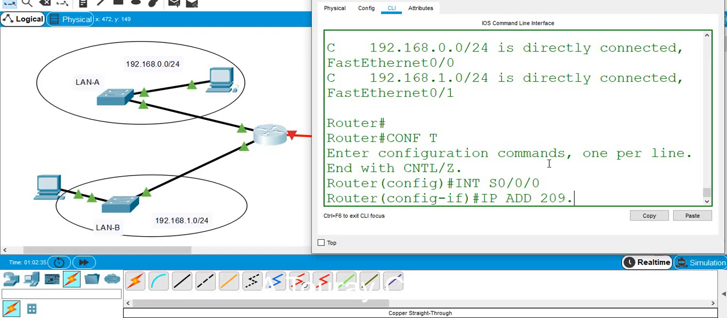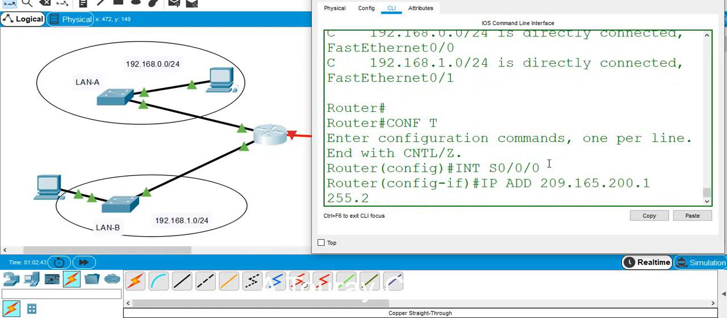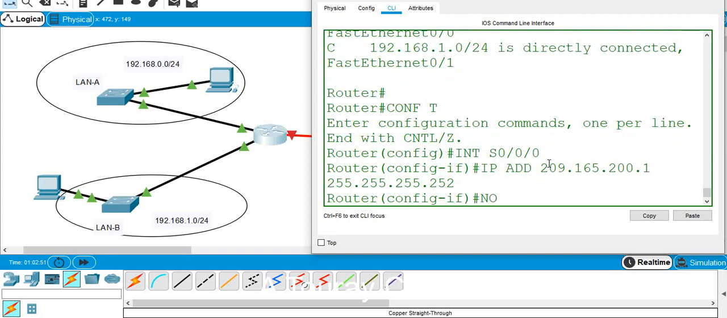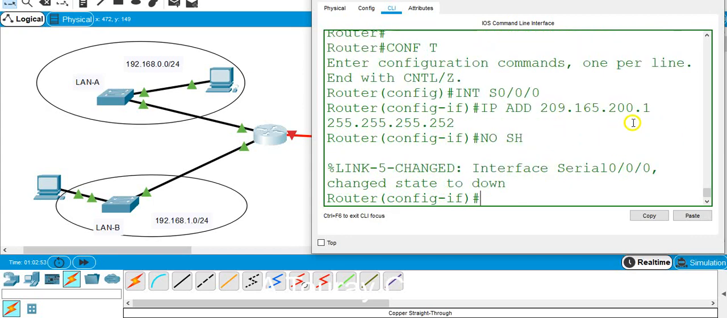Otherwise, I just put IP address 209.165.200.1. That's the first valid IP address, and the last valid IP address is 2. Mask 255.255.255.252 because I'm using CIDR 30, and I'm going to use no shutdown. Now when I put this no shutdown, it